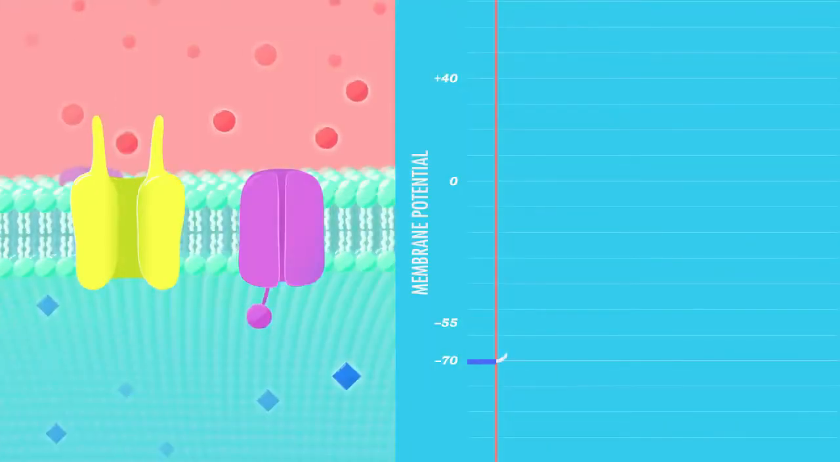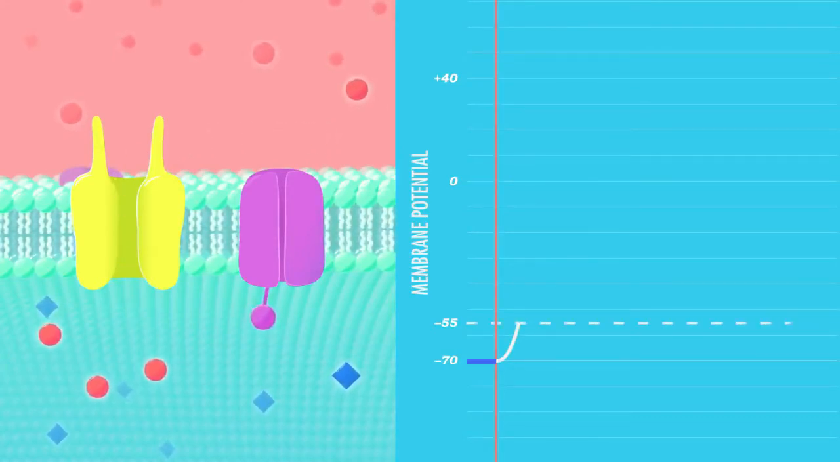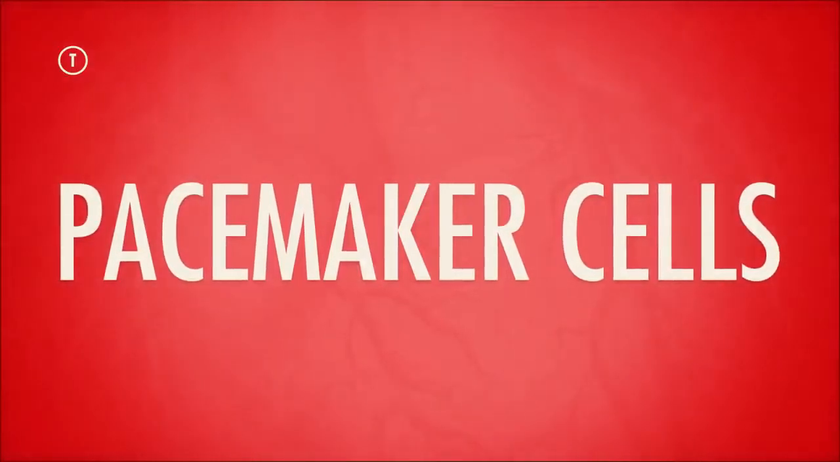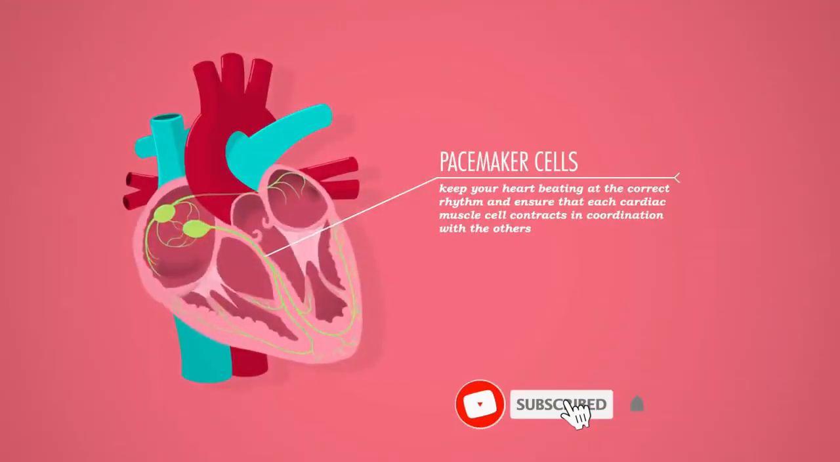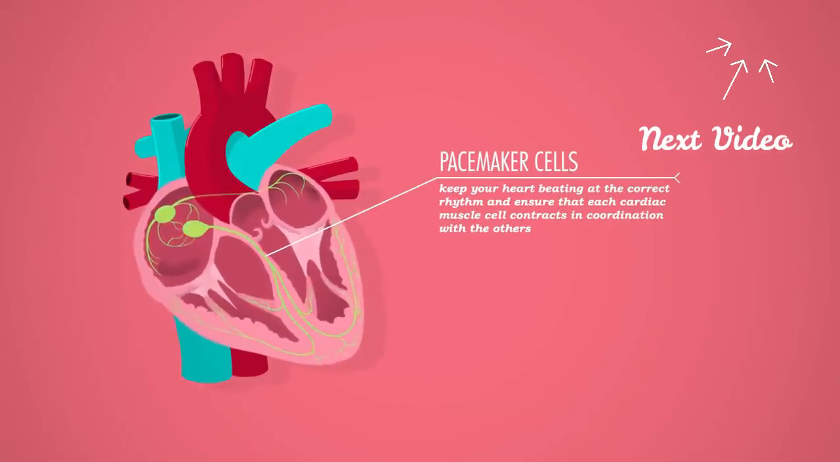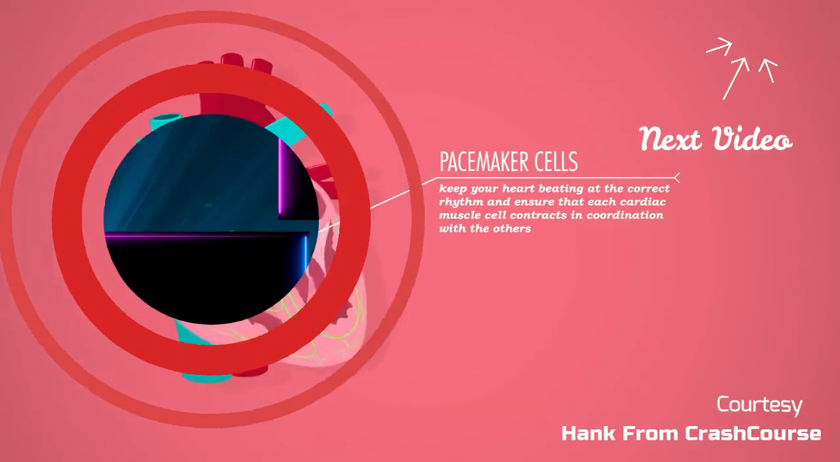That process started by depolarizing the cell, that is, pushing the cell's membrane potential from negative toward positive past a threshold that triggered voltage-gated ion channels to open. These are your pacemaker cells. Pacemaker cells are what keep your heart beating at the correct rhythm and ensure that each cardiac muscle cell contracts in coordination with the others, because you